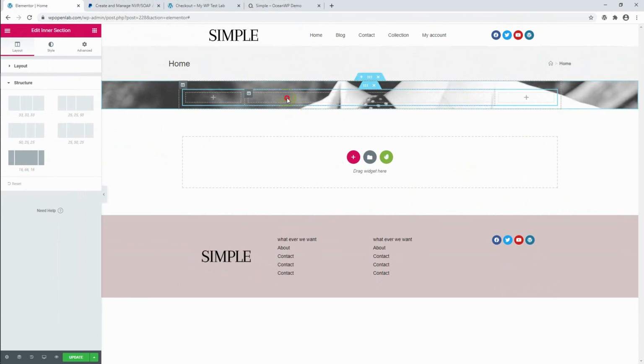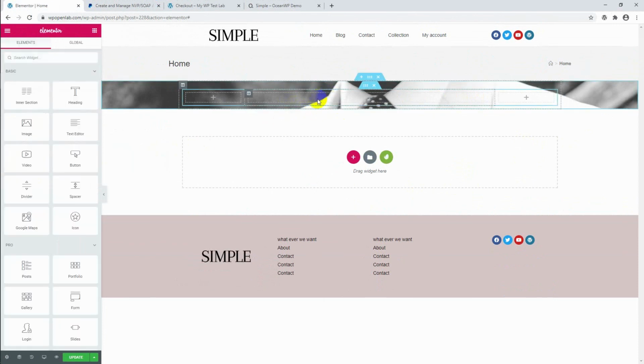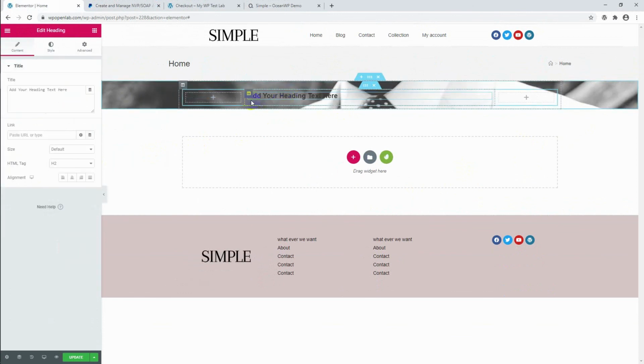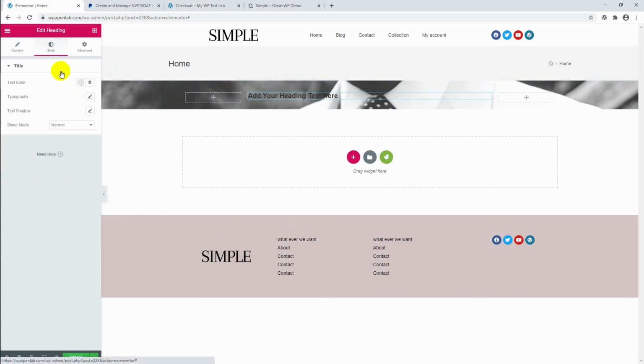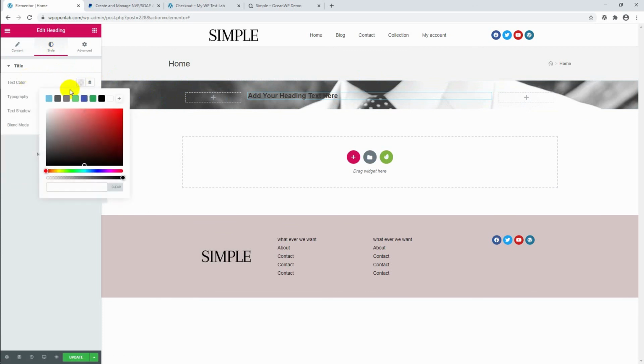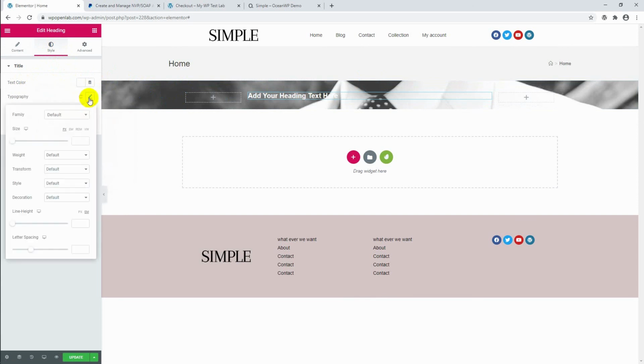So now we can add a heading here. Let's click this blank space, and here you can find a heading. Let's drag and drop the heading here. Currently it's showing black. We can set the color from this styling option here, style, and text color to white. We can increase the font size from here, but before increasing the font size we need to define the font family. Let's add